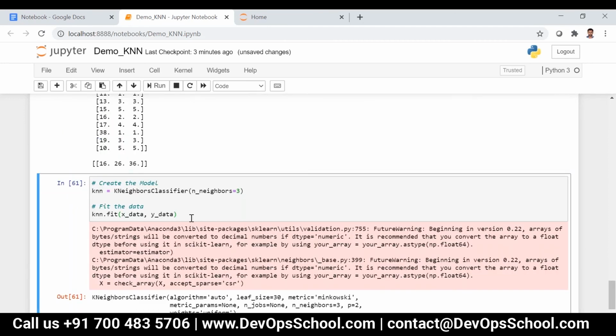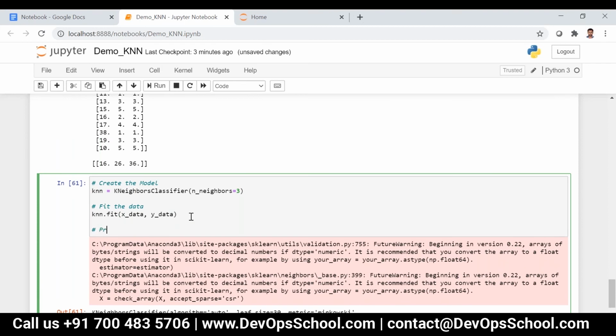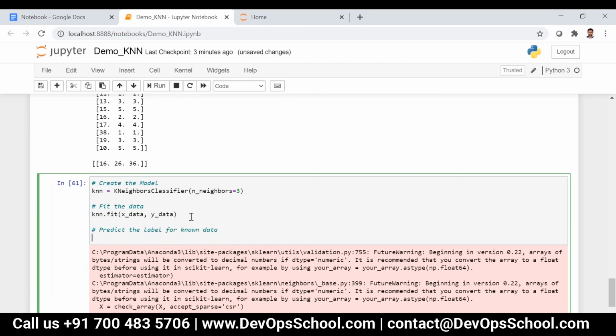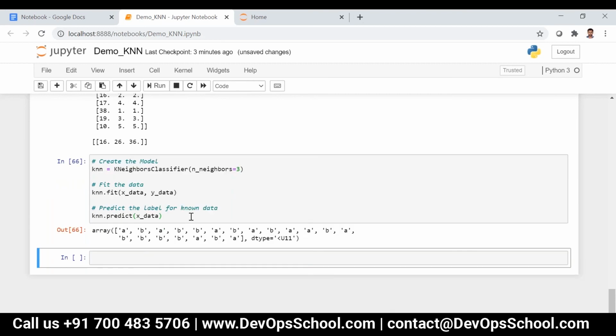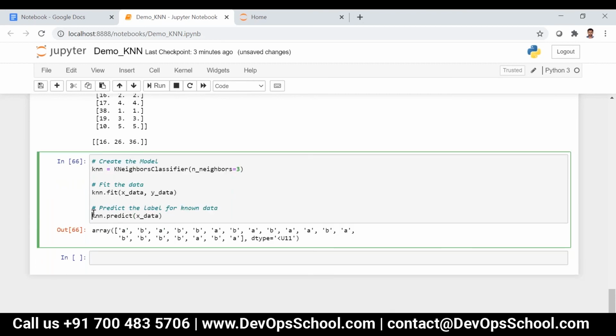Okay, then once we did it, we are going to predict the label for known data. I can write knn.predict of x_data. We need to save it, right? y_predict is equal to that.